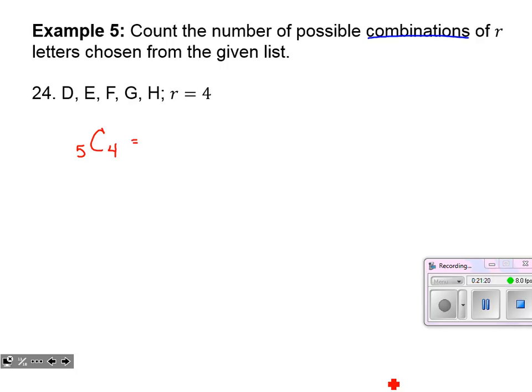Okay, well, good opportunity to practice that new formula that says if I have n objects and I'm choosing R of them, still starting out with the objects factorial, still dividing out the ones we are not choosing, but then we're also in the denominator dividing out the ways to arrange those objects we're choosing.